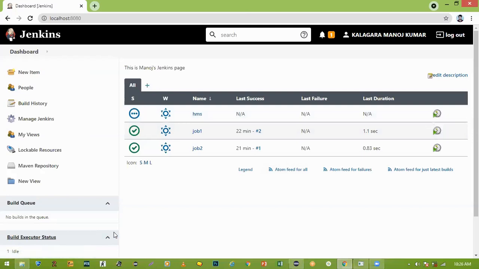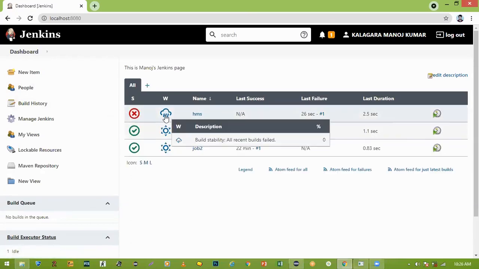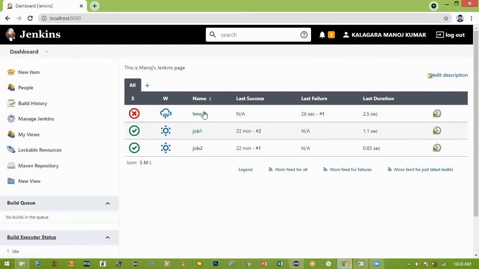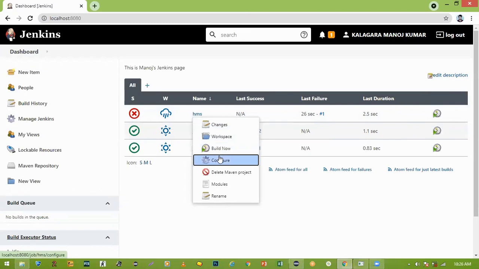But the thing is, I am telling how the build is automatically triggered. Sir, if it is successful, it comes like this. If it is failed, say refresh. Build failed. The cloudy symbol came, see. Failed, because maybe something went wrong in his machine. One second.